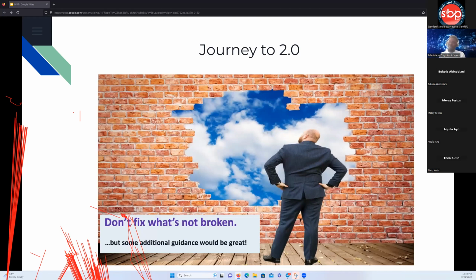But there's nothing right now that you're going to do that is going to reinvent the wheel. So it's not broken. If it's not broken, there's no need to fix it. The only thing that you could do right now is to add more guidance to ensure that it's being implemented efficiently and there is transparency in this. So the community has requested more guidance. They want more guidance to be provided while you are still maintaining the core